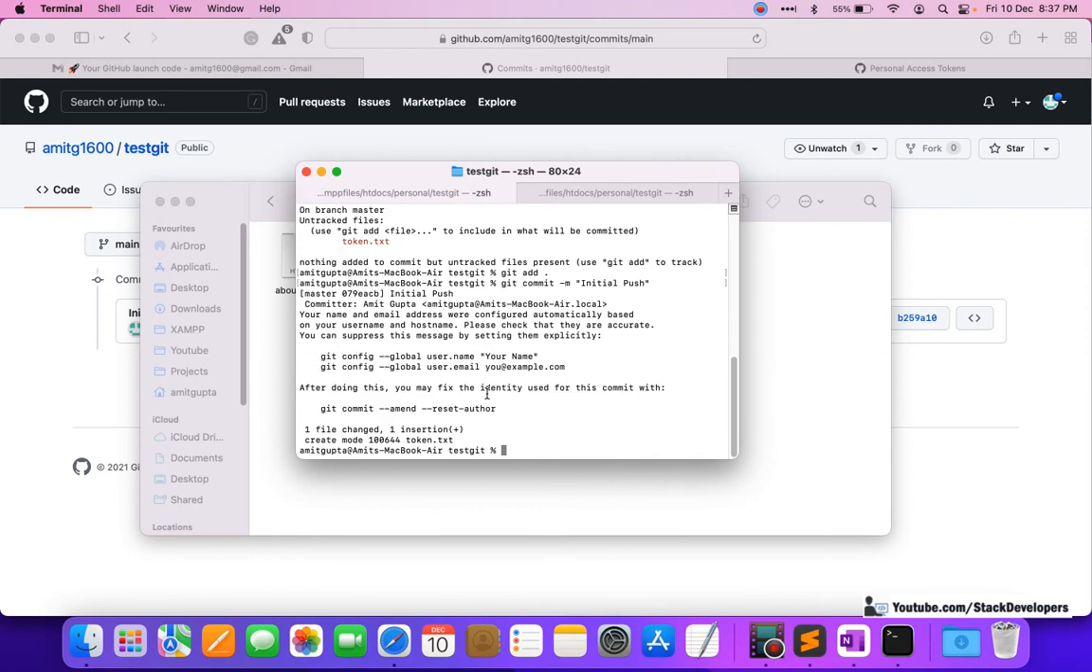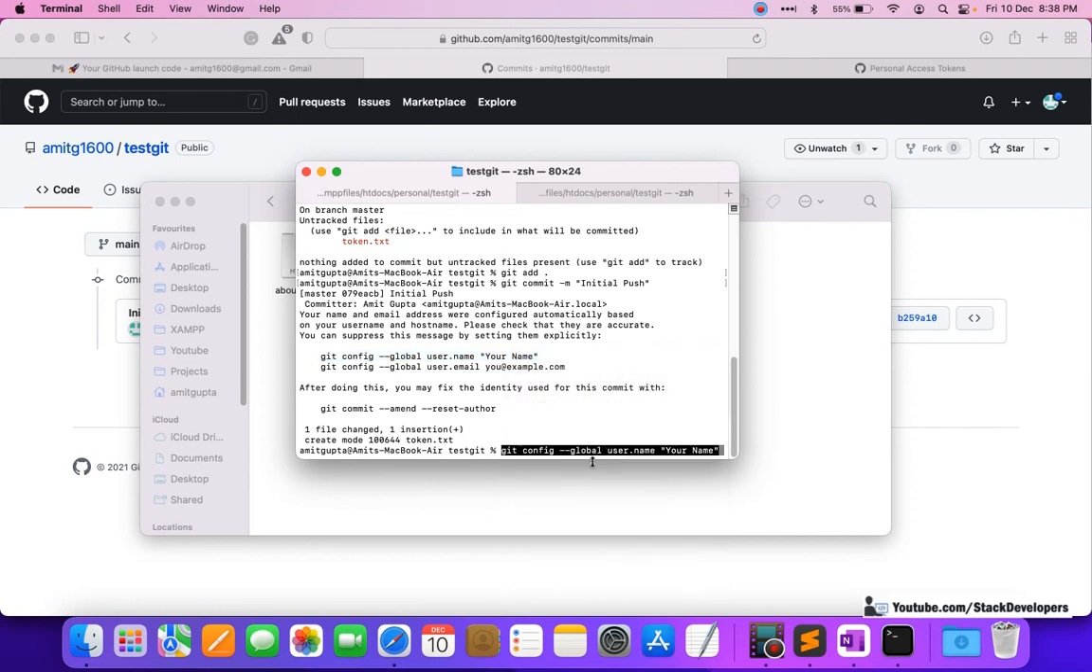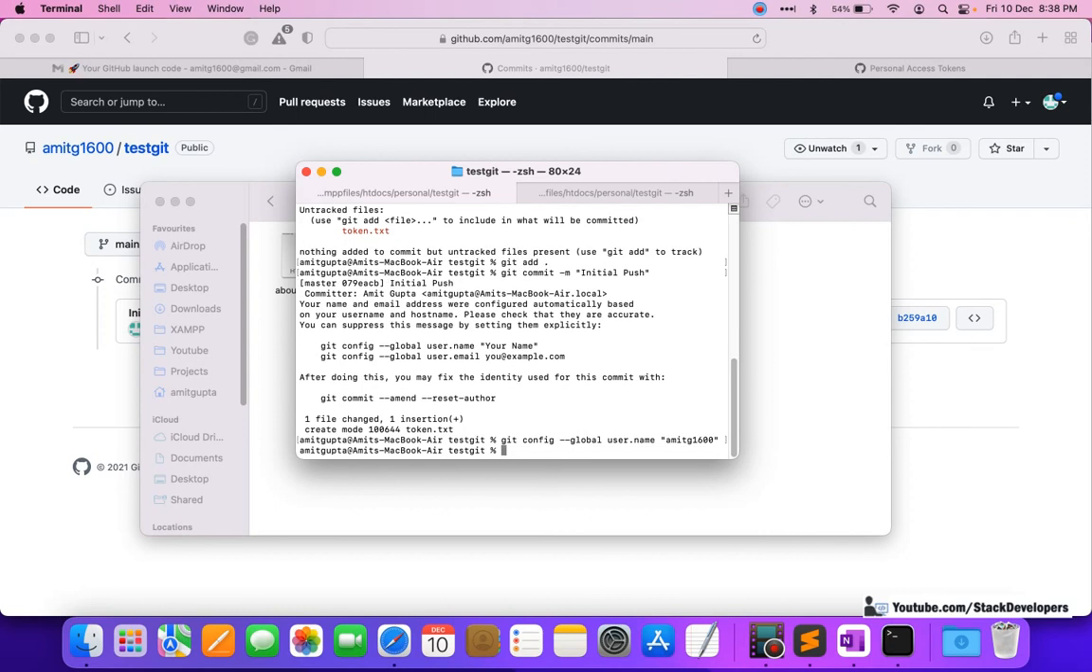So one more thing we need to give here. It is asking to set the git credentials here as well. So we need to set these credentials before pushing our code. I will simply copy this one and paste it here, and we'll give the username here. My username is Amit G1600. Okay, and I'm going to give my email as well, user.email,